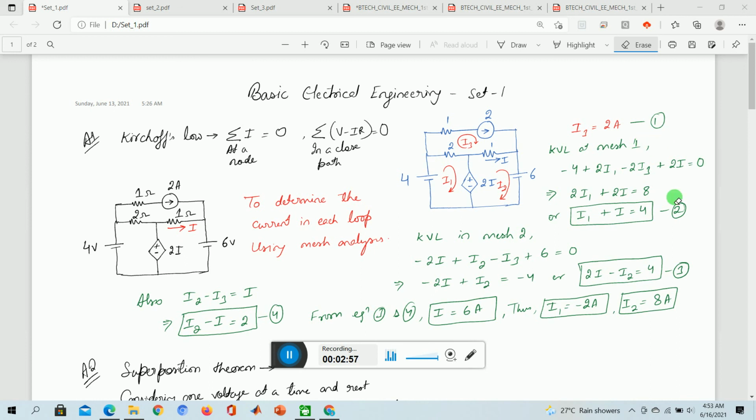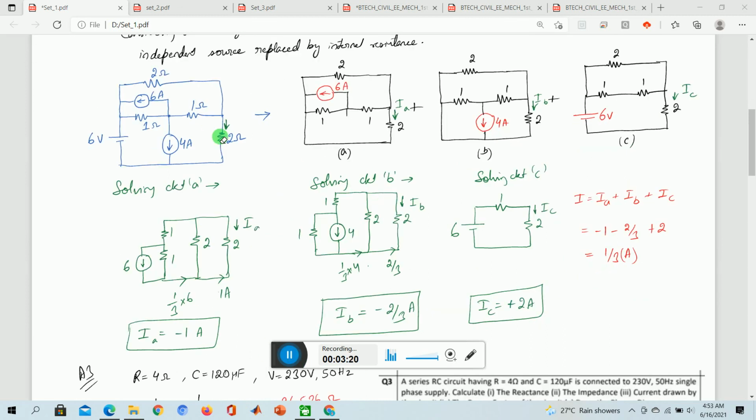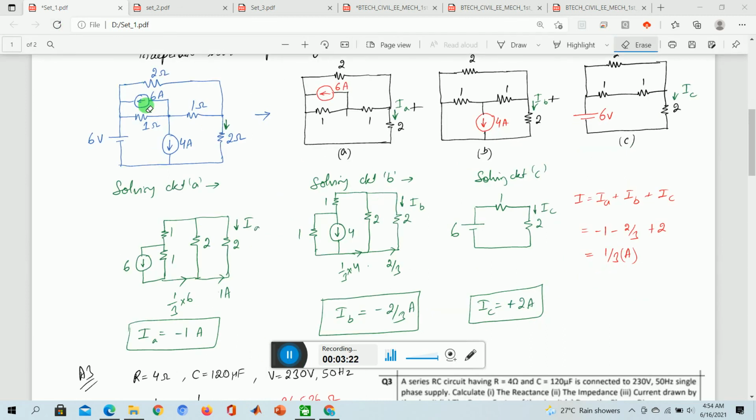So now we have equations 1, 2, 3 and 4. We can use 3 and 4 to get I is equal to 6. This I value is 6, but the question is not what is the value of I. The question is to get the 3 mesh currents: I3 is 2 ampere, I1 is minus 2 ampere and I2 is 8 ampere. That is the answer. The next question is the superposition theorem, and in this question you will obviously have